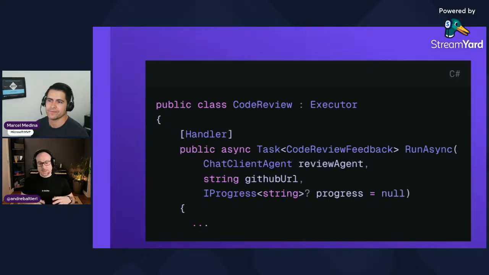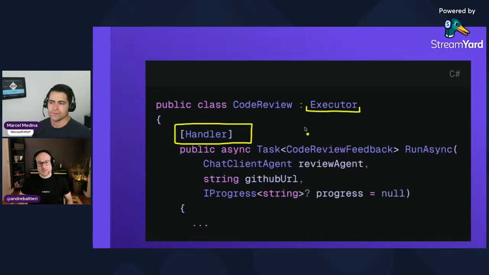We have different ways to execute this workflow. They can execute in parallel, or asynchronously and concurrently. There's a lot of information about that. But the good part is we can simply inherit from the Executor class and add a handler